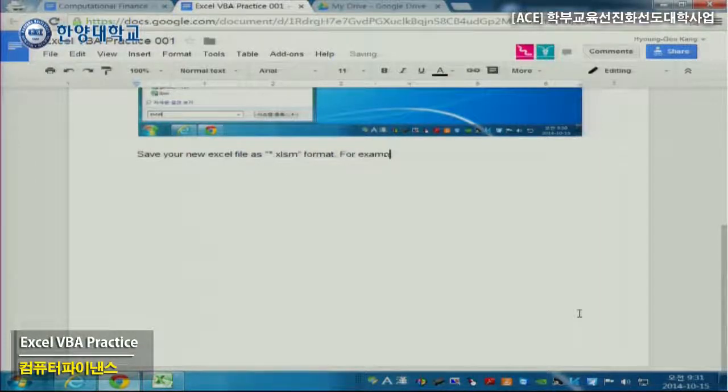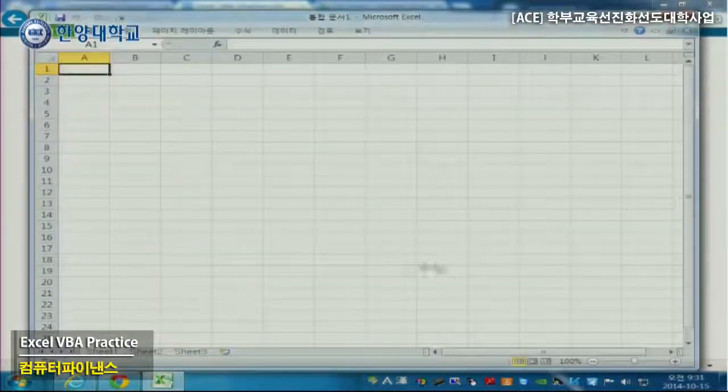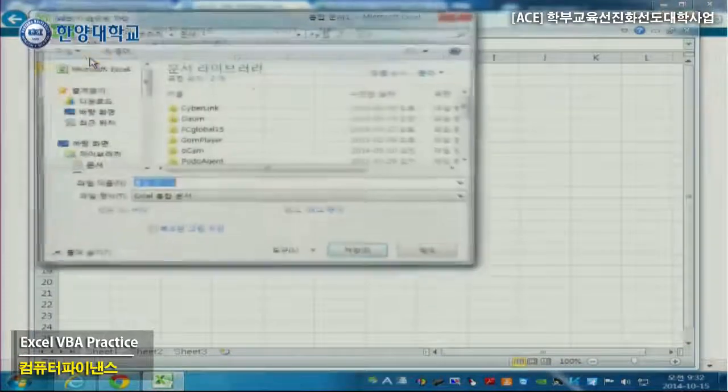For example, in my case, let's say blackshores.xlsm, okay, which is okay. File, save as,